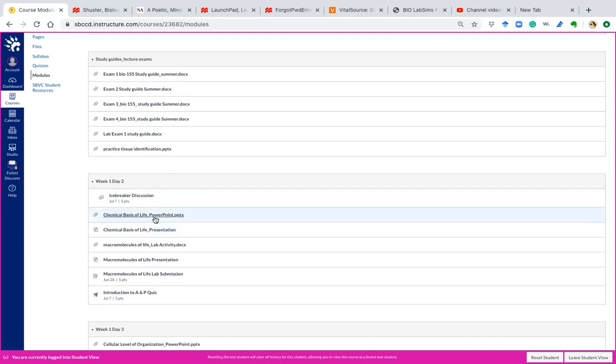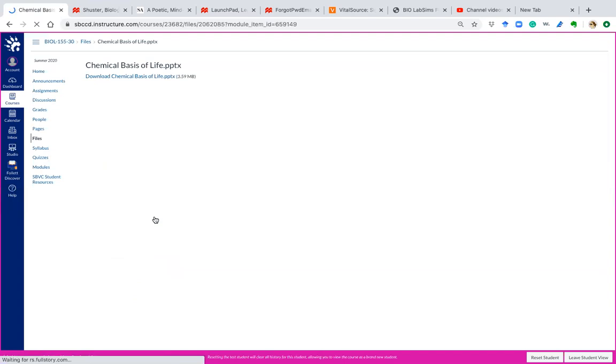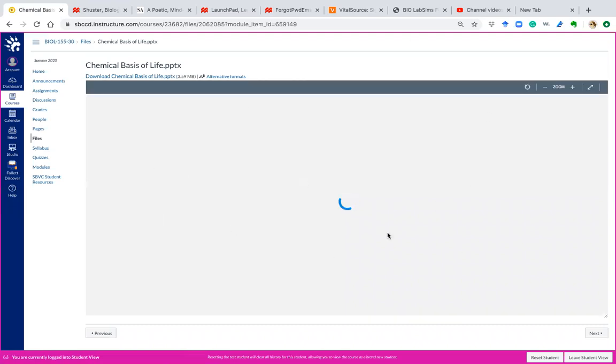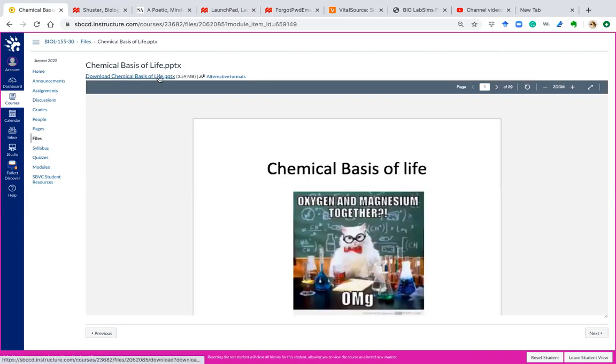Again, this is just an example, but it will be true for basically everything that you're going to do. So right here, it will give you this page. If I click on it, right now the page is trying to download, so you will see the PowerPoint directly in here. You also have the option to download the PowerPoint directly into your computer. I strongly suggest you download it and save the PowerPoints, because when you are in this PowerPoint, if you want to watch the presentation associated with it, you need to go back to your original screen again. So if I just simply click next,